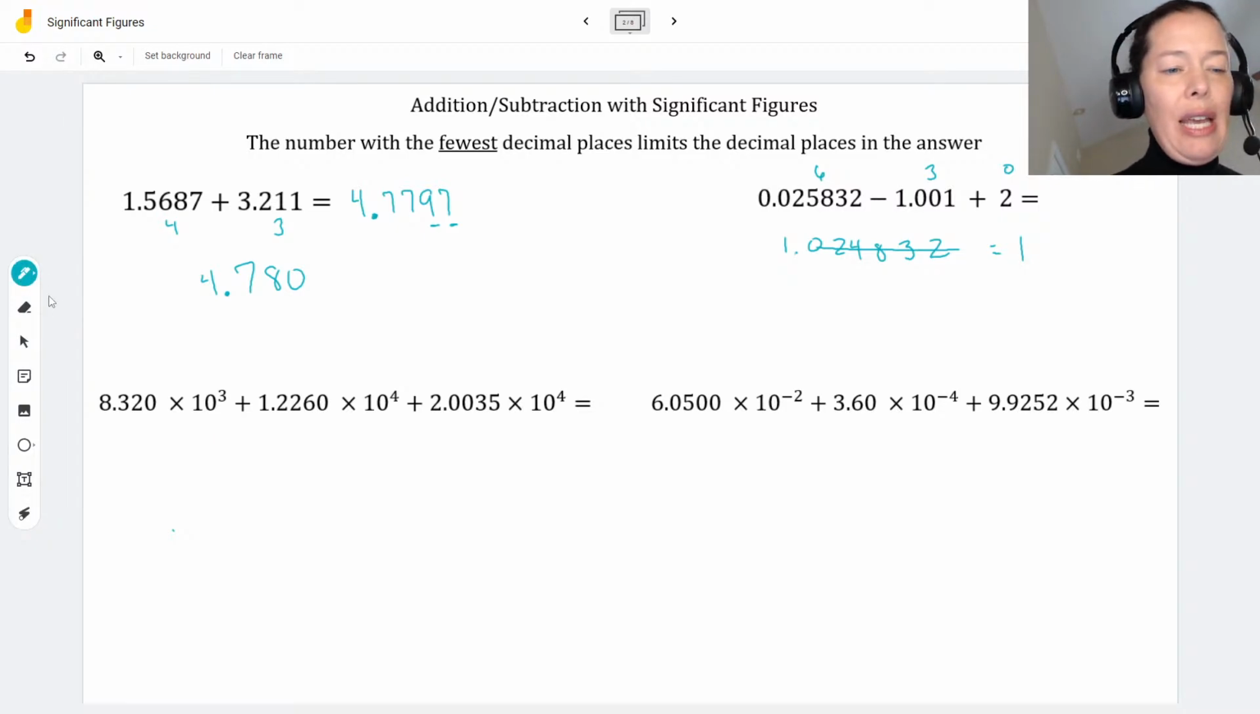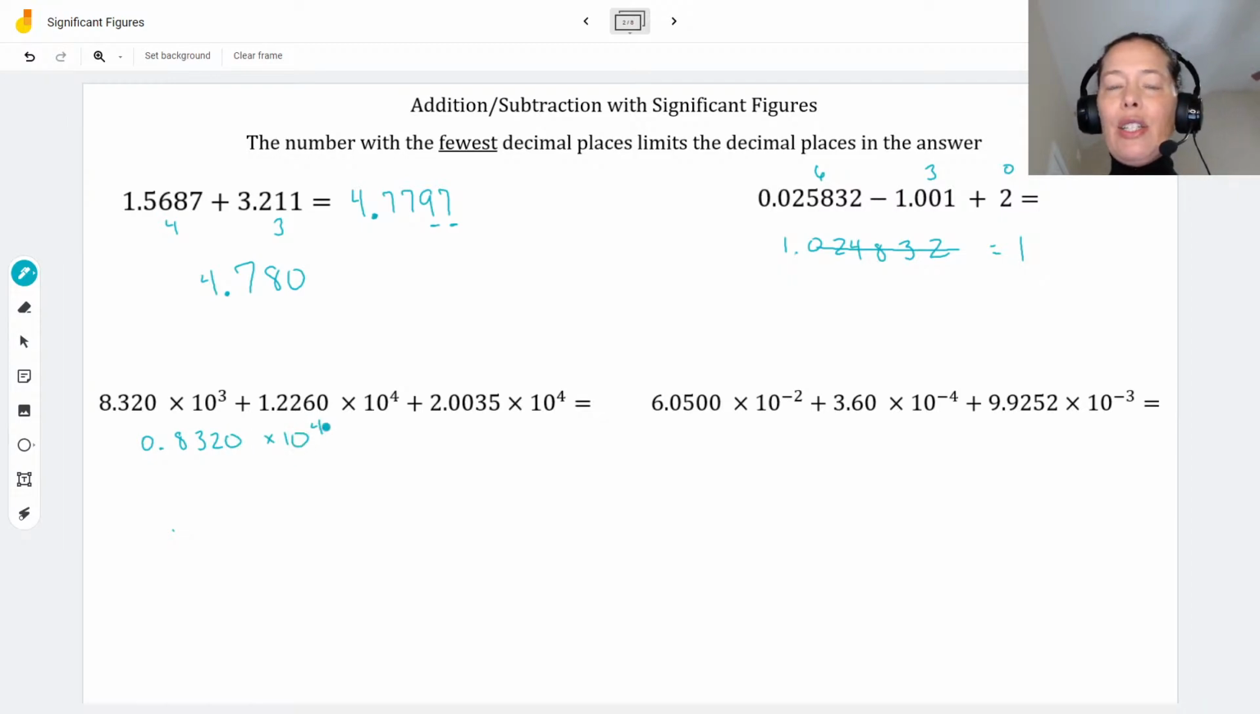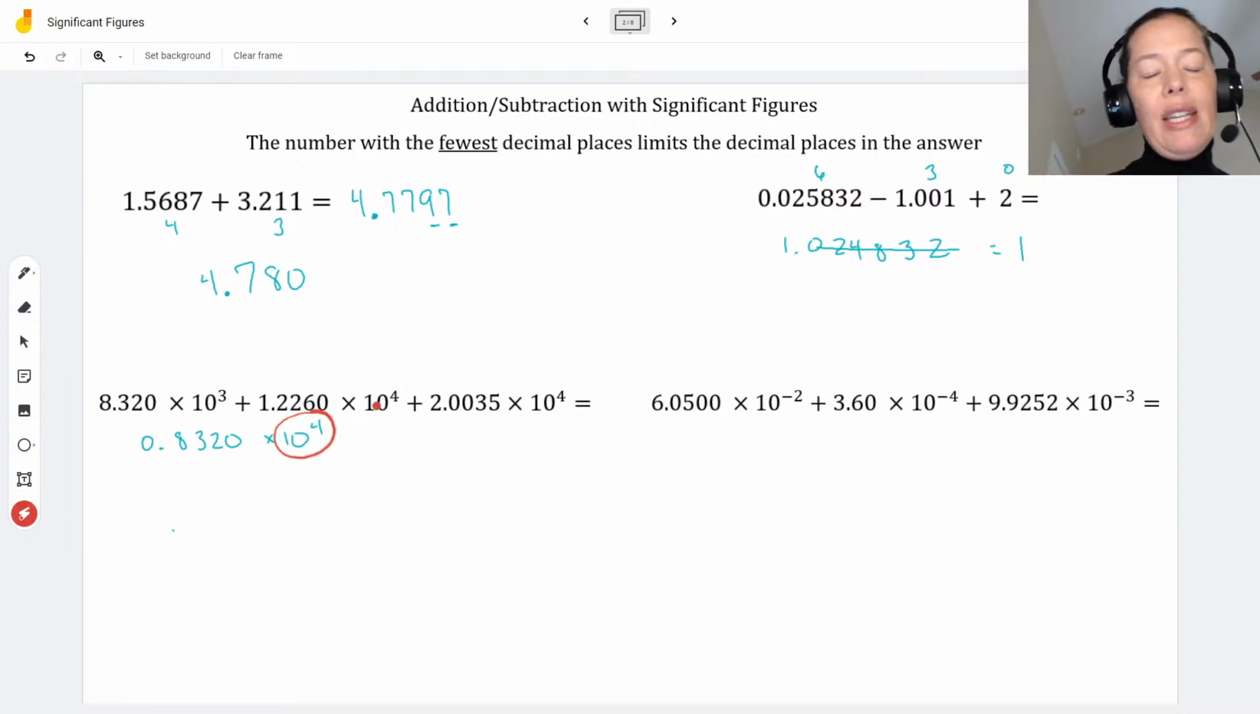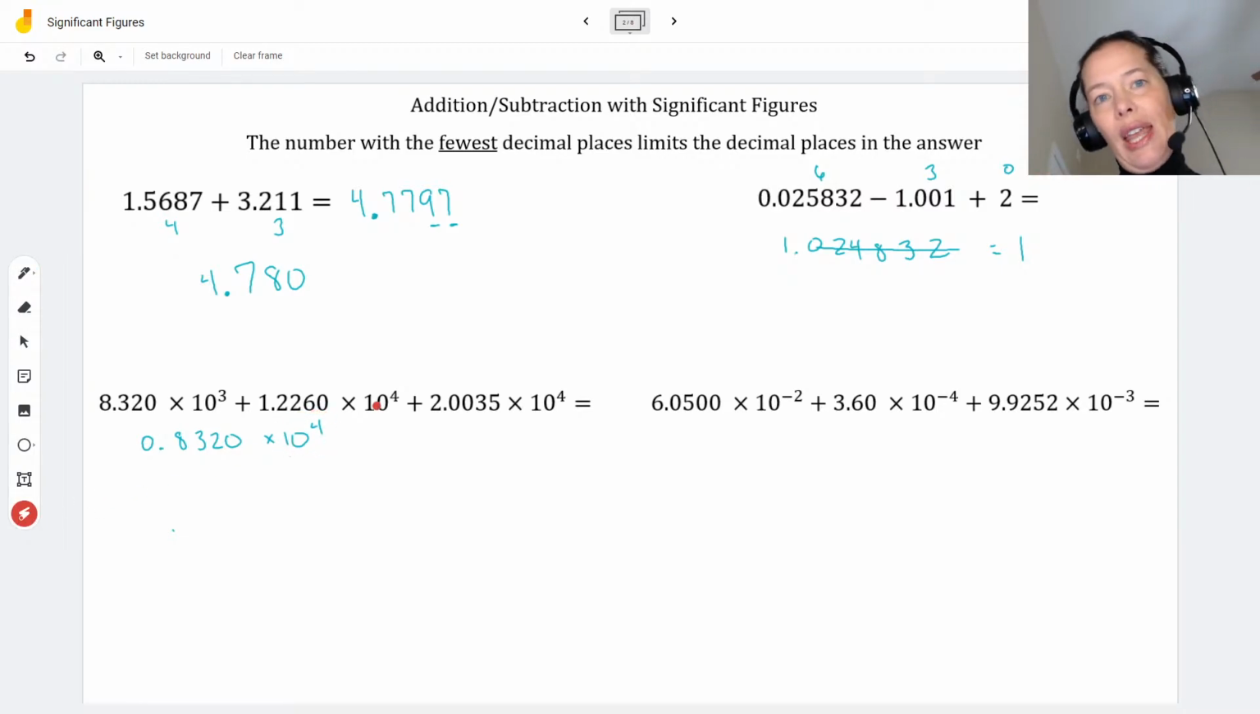So that 8.32 times 10 to the 3rd, I'm going to write as 0.8320 times 10 to the 4th. So does that make sense? I moved the decimal so that I could have this as a 10 to the 4th in that format. And now I can compare the decimals on all three of these numbers so I know which one has the